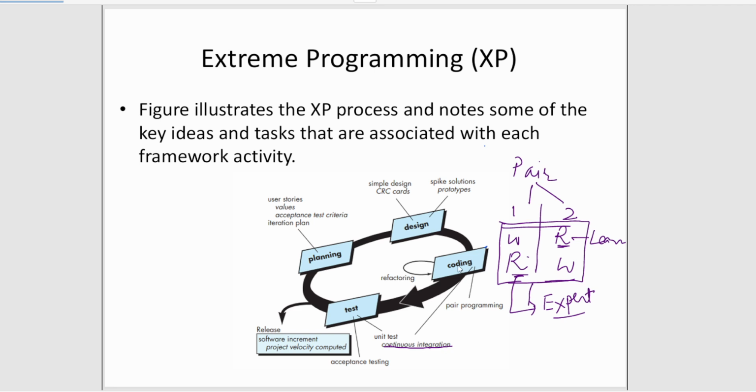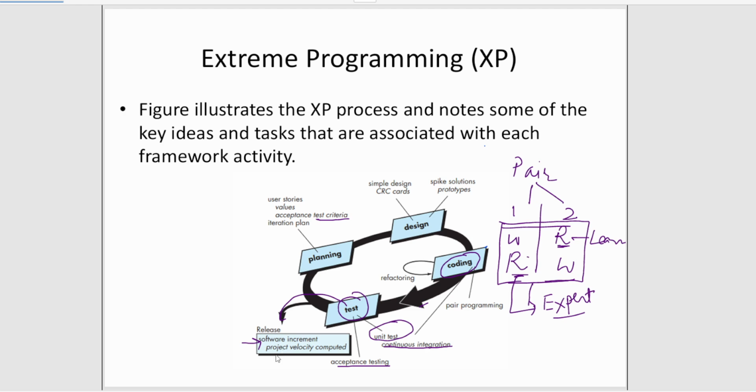Because this is the agile process, it needs continuous development. That means whatever you develop in the coding phase, you need to do unit testing every time, and followed by unit testing, you are going to do acceptance testing. As we have said, this acceptance test goes with the test criteria. So once you are done with this testing part, you release the code to the customer in the form of software increments,